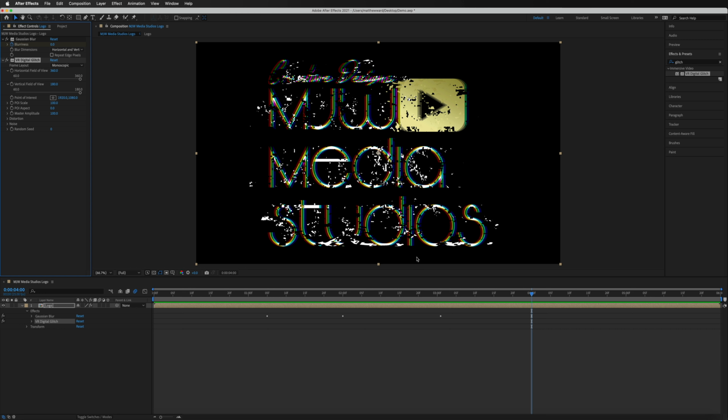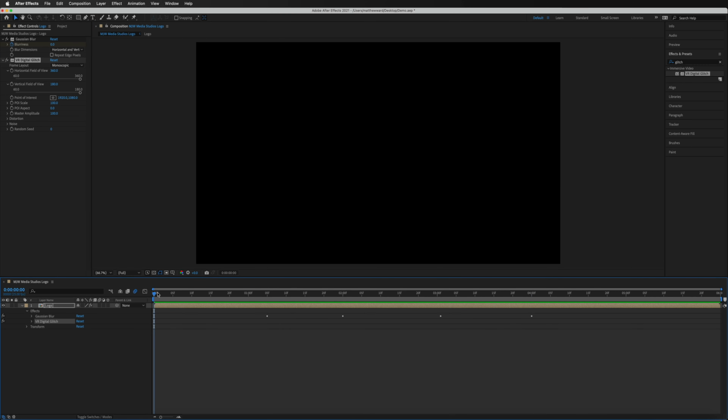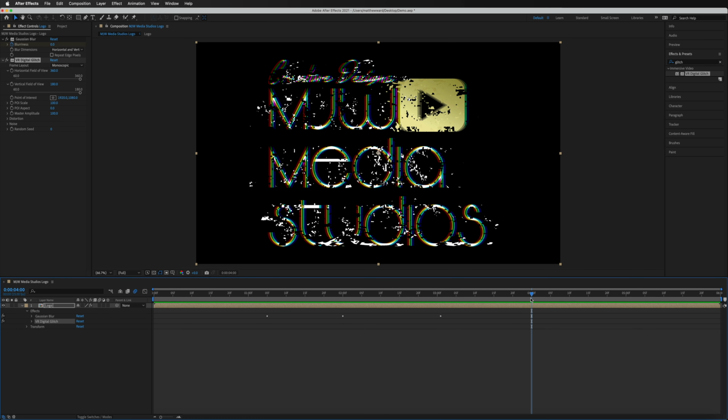But just like before with the blur effect, it's going to apply to the entire duration of the clip. So if we play that back, it's going to apply from the start to the end. And that's not what we want to do. We want this to take effect after the blur goes back to normal, so around 4 seconds. Just like before, we have some options up here where we can change all of the effects inside of here. If you want to have a little play around with that, go ahead. I'm not going to change too much in here as I don't want to waste too much of your time on this, so I'm going to leave it as default.